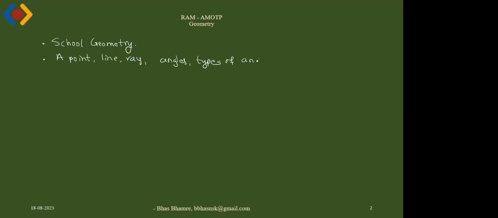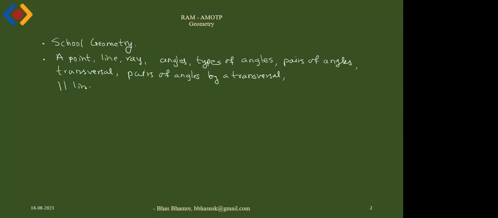Yeah, I'm a little bit faster, so don't look at my handwriting now. Types of angles, then pairs of angles, then transversal, then pairs of angles because of transversal, then you know the parallel lines, then concurrent lines,